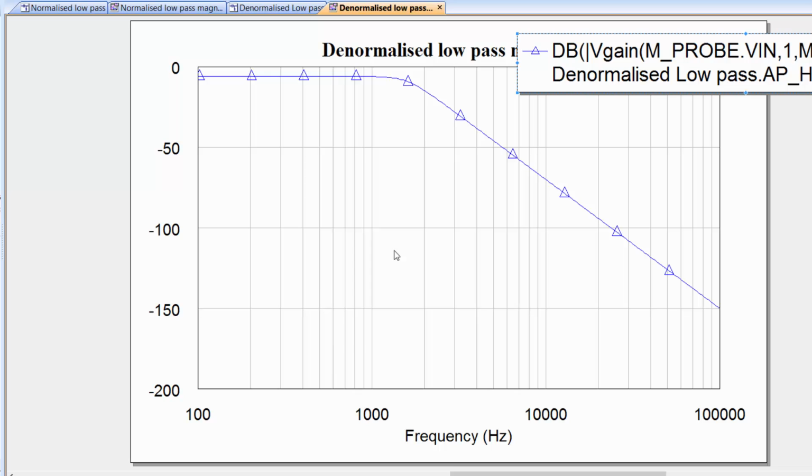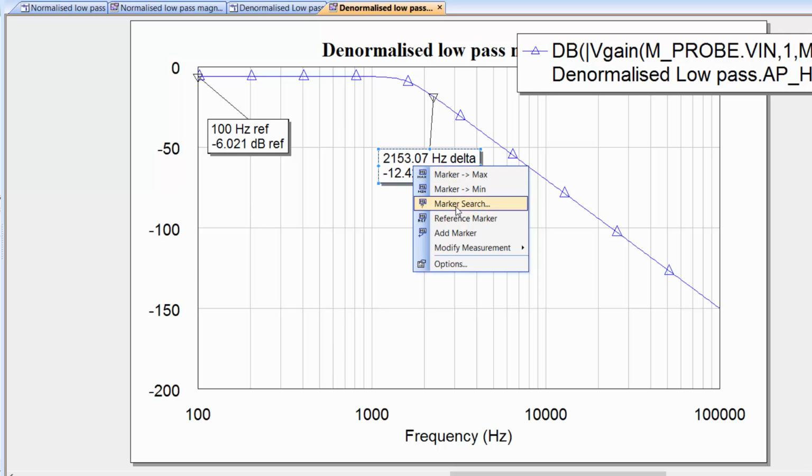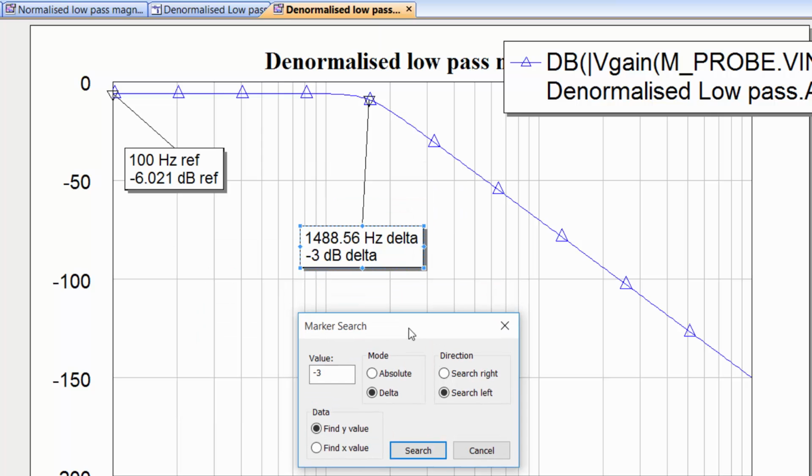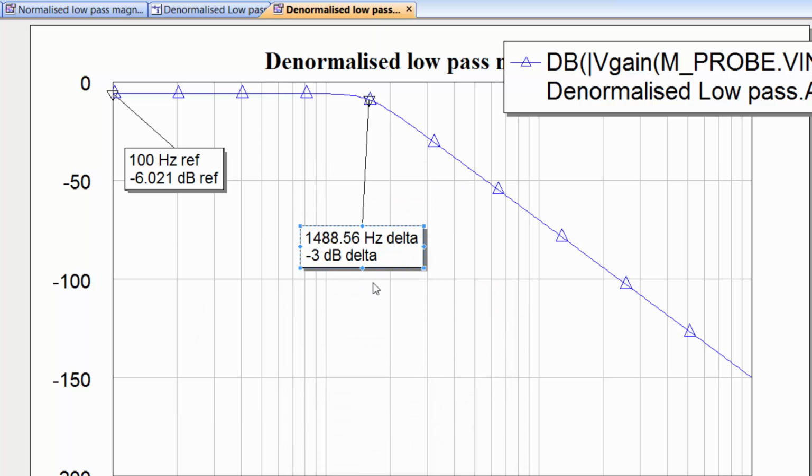So first of all, let's press Ctrl M and get ourselves our marker right down here, right at the bottom of the frequency range. This is not 0 Hertz, but it'll do. And then we do Ctrl M again and place the marker somewhere on the schematic, say here. Then we right click on this and we call it a reference marker. This now becomes a delta, and we right click on that and do a marker search. We want to search for a delta, find the Y value, and the value should be -3, and we'll search left. Click on search and you can see that you found your 3 dB delta point, which is your cutoff